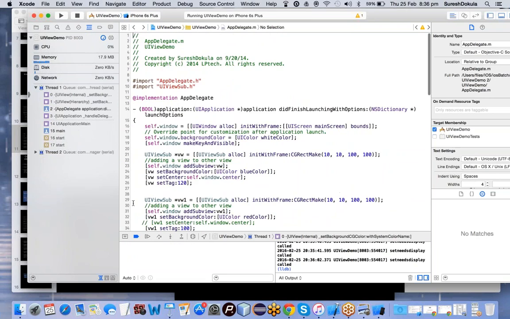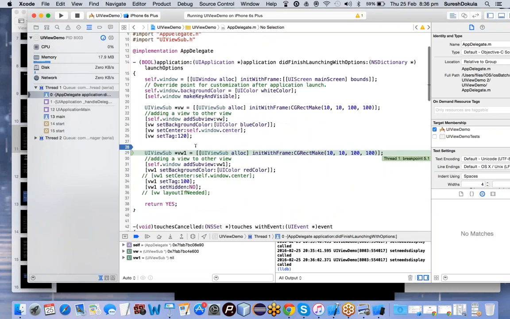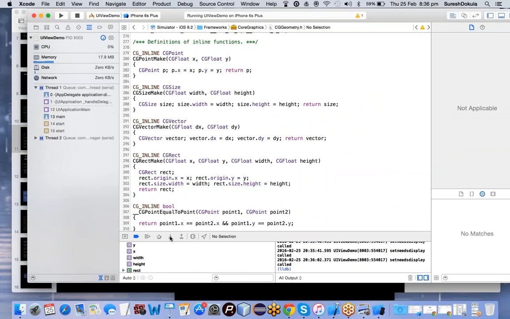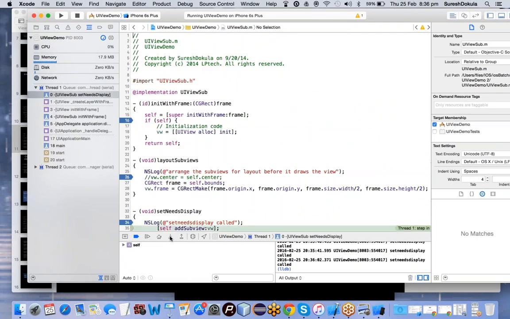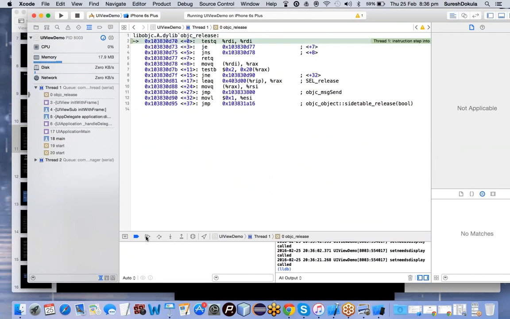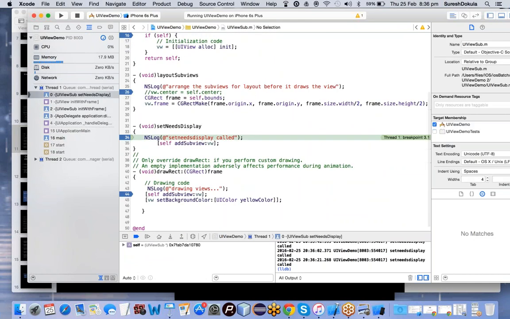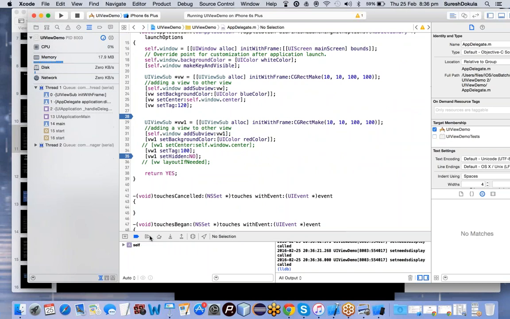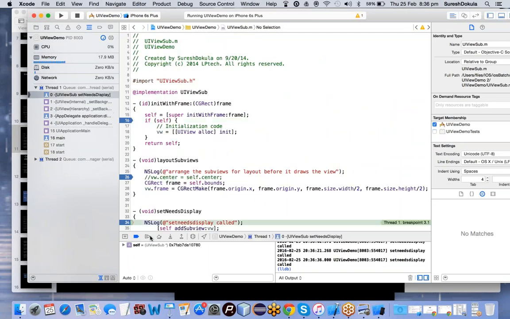The color is related to the display property, so again setNeedsDisplay is called. And you can see it is creating another instance with width and height. Now again initWithFrame and setNeedsDisplay are fired. So when I change the color again, this setNeedsDisplay method is fired. So if I want to make it hidden yes or no,